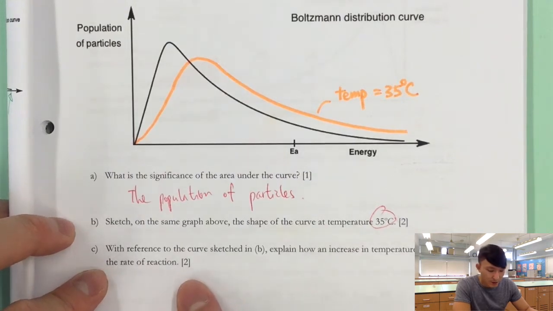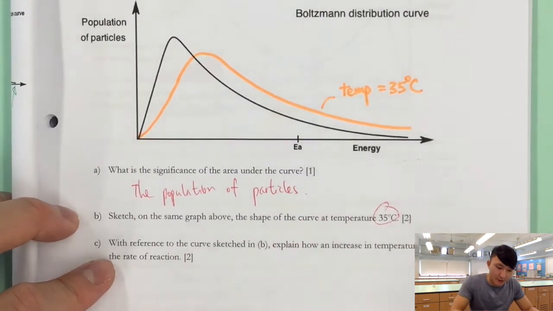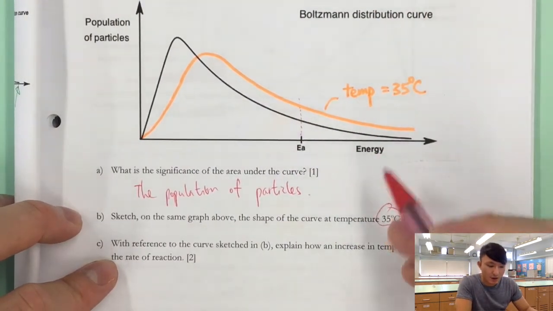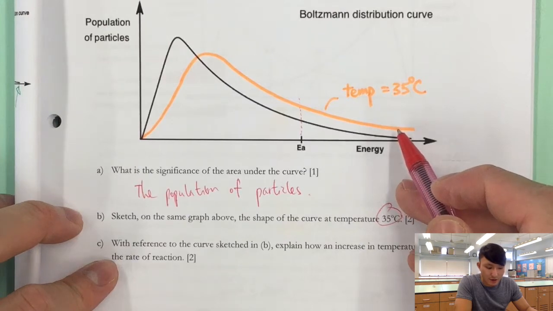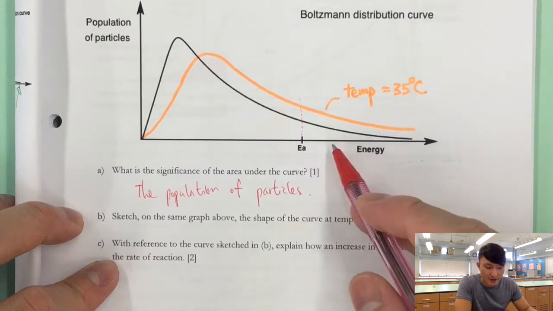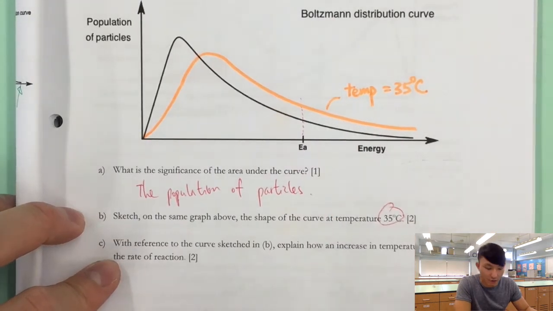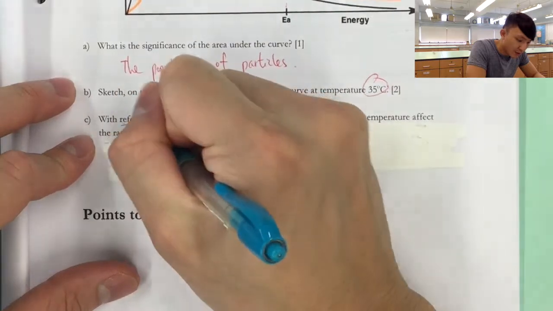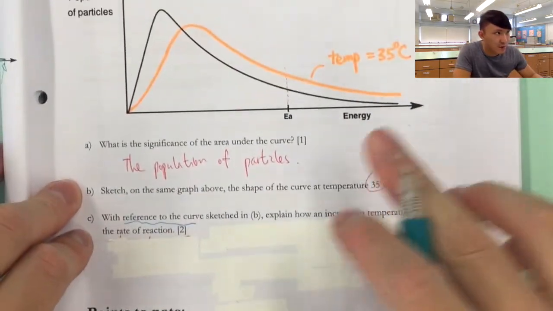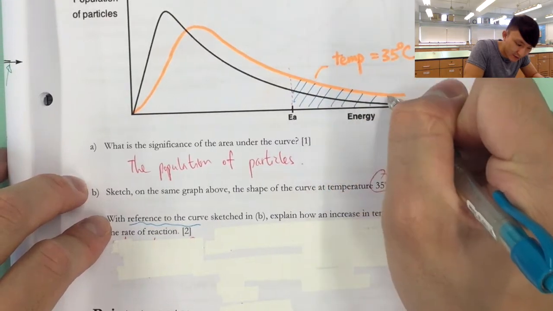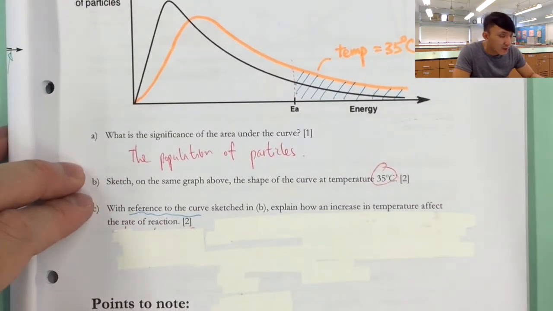rate of reaction. So, you can see, if you look at the activation energy here, so obviously the area under the new curve, of which it is higher than the activation energy, is higher than that when compared to the original curve. Now, how would you write down, how would you describe this observation? Okay, so first of all, we need to describe something with reference to the curve. So you want to compare the area, right? Okay, we say that